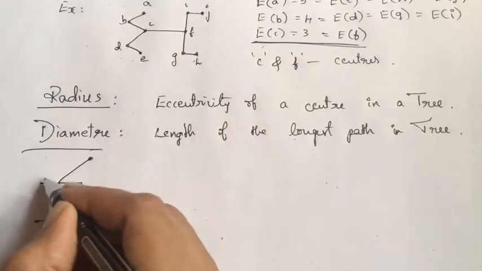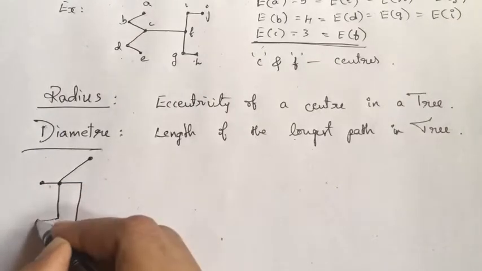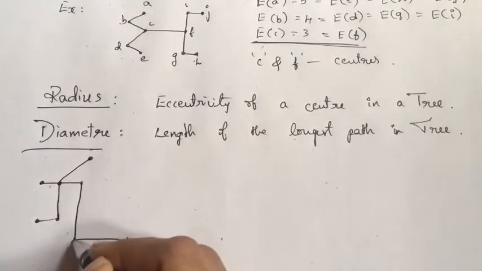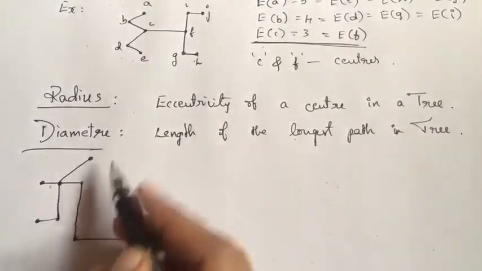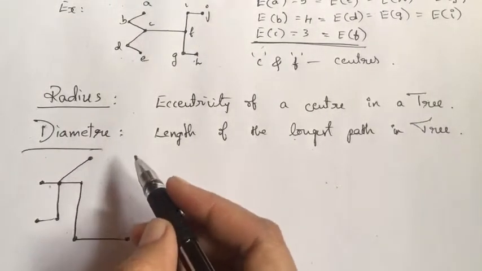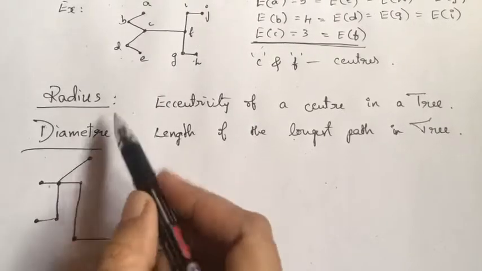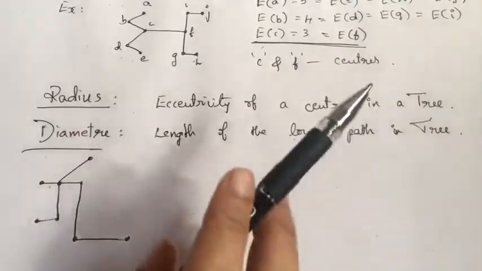I'll draw something like this. I'll just directly write. What is the radius? Can you guess? What is the center